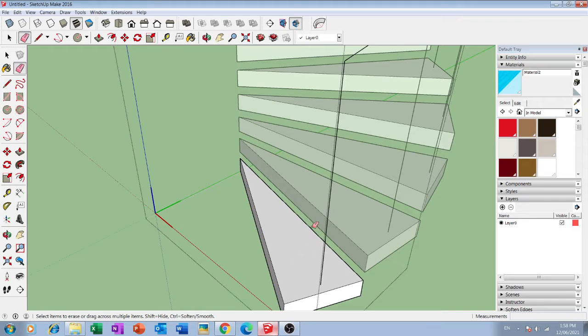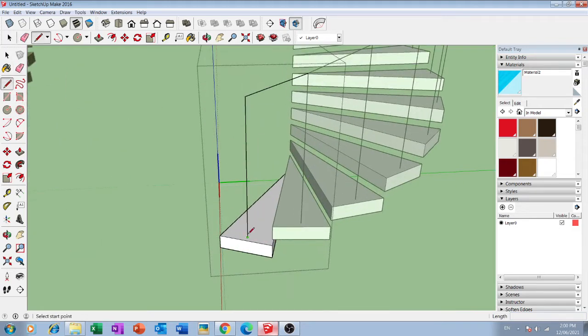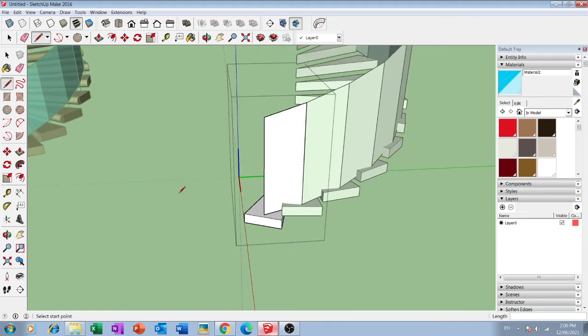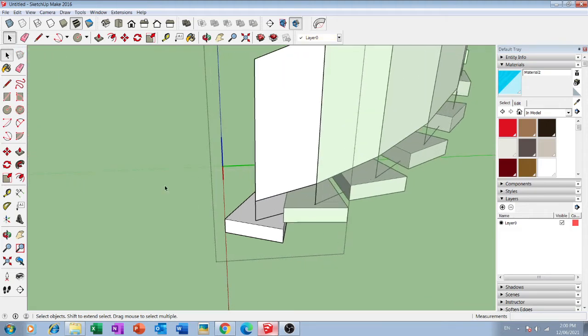To improve this, draw one line joining this line and this line. Again, draw one vertical line so it will get closed. Then select this bottom line, use the move tool, make a copy of this line at this place, then delete this part and erase the bottom line.